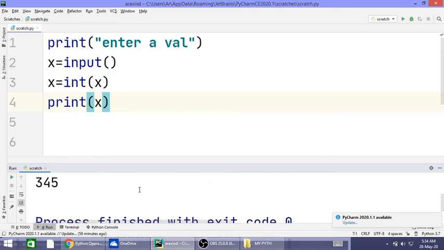Now I want to add two numbers. For that, I will take two integer inputs.